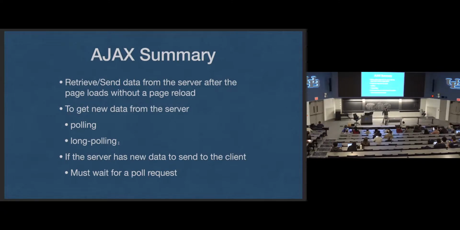Polling was just sending the request at regular intervals, say every 1 second we send a polling request through Ajax, and then the server will respond with any new information that we need to know about. So every second we would get our updates, and we'd have a little bit of delay, but a lot of network traffic.